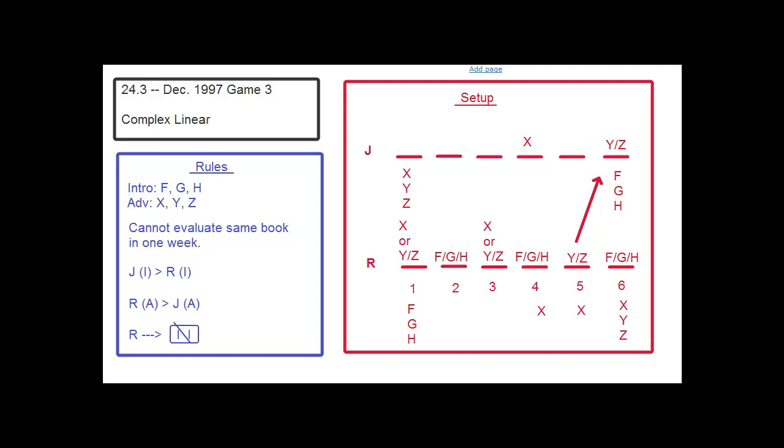And that same kind of analysis is going to work over here for us too. Let's look over here for a second. This is either going to be F, G, or H for Juarez, right? The first spot is either going to be an F, G, or an H. And then this says that Rosenberg is going to do one of the F, G, or H on the second week. Now F, G, and H are the intro textbooks, and for the intro textbooks, Rosenberg has to do it after Juarez. So if Rosenberg does it on day 2, then Juarez is going to have no choice but to do that book on day 1. So it's the exact same kind of analysis, just in the reverse direction that we did here,